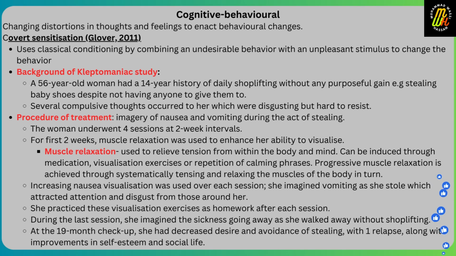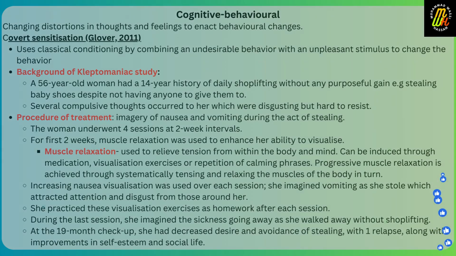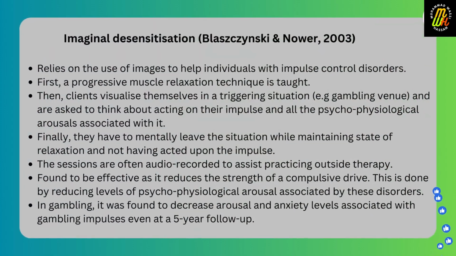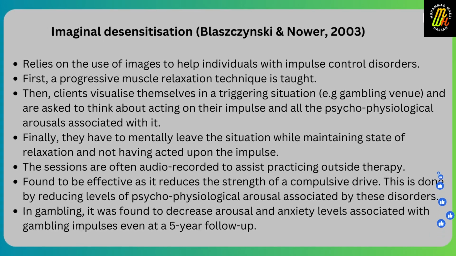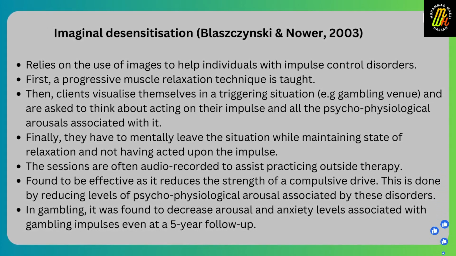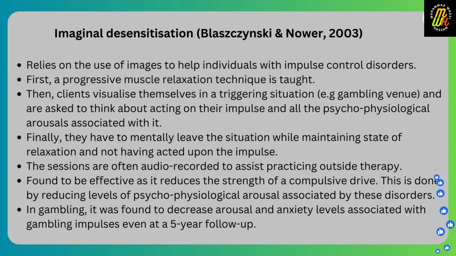At the 19-month checkup, she had decreased desire and avoidance of stealing with one relapse, along with improvements in self-esteem and social life. Imaginal desensitization. Lerner and Nover 2003 relies on the use of images to help individuals with impulse control disorders. First, a progressive muscle relaxation technique is taught, then clients visualize themselves in a triggering situation, for example, a gambling venue,